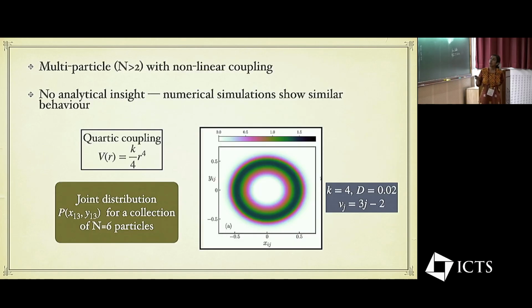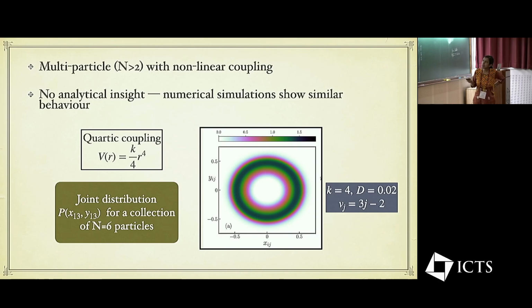So finally, we have multi-particle systems with nonlinear coupling. In that case, we cannot do very much analytically, but physically you would expect similar behavior, and this is what we see. We take again quartic coupling, 6 particles, and we look at the joint distribution of, let's say, first and third particle, x13 and y13, and it shows similar behavior to the harmonic case. There is an excluded region in the center indicating that the repulsion really emerges in this case also, but